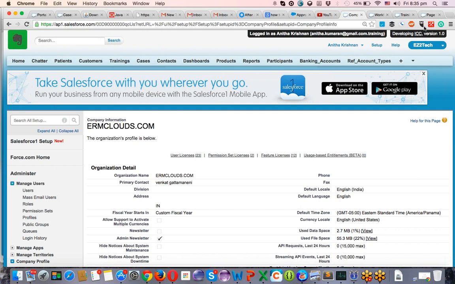Ravi, can you create one general Gmail address with the name training.salesforce4@gmail.com? You can use a number like 4, so that all the people can access the same edition. You can use a generic password like Salesforce123. That's the password for the Gmail address you are going to create. I will create one more user with that email address, and I will share the password.